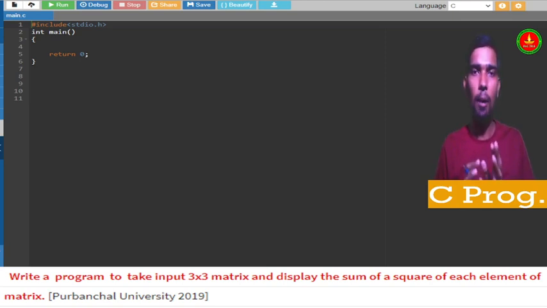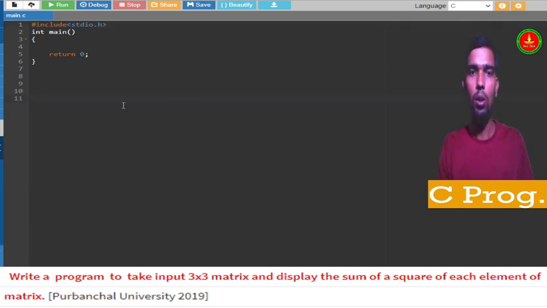After taking the input, we have to do the sum of each element, and while doing the sum we have to square every element. Let me give you the very basics through one example, and then I will implement the program.